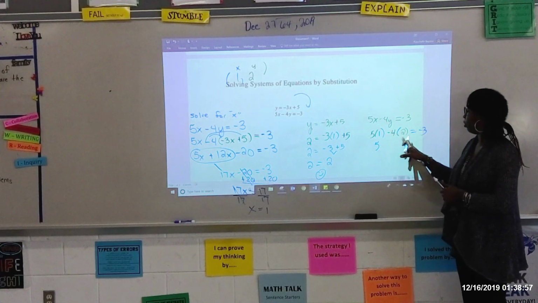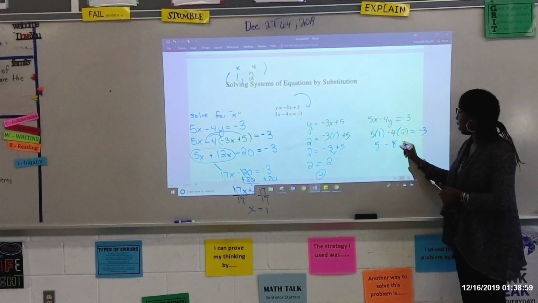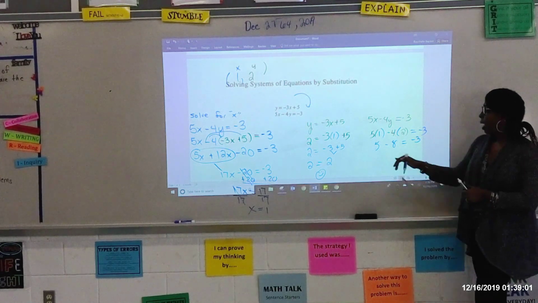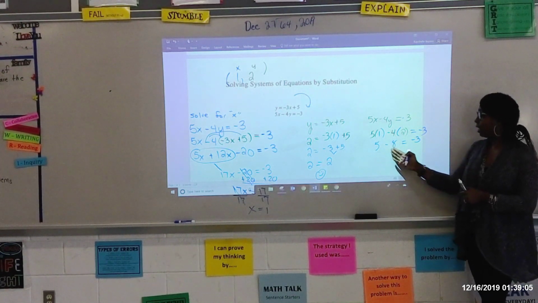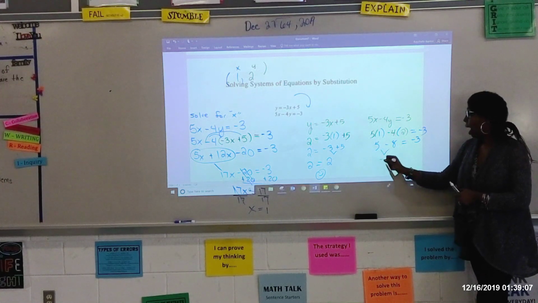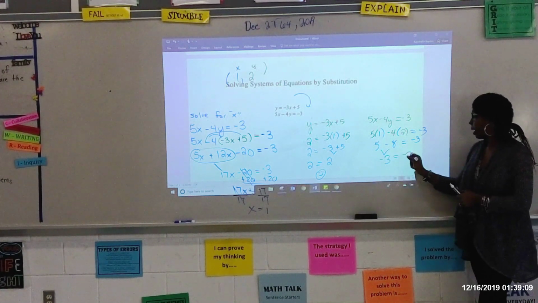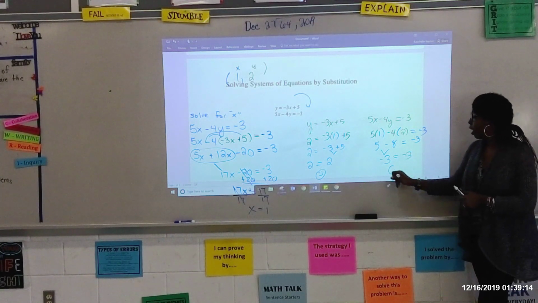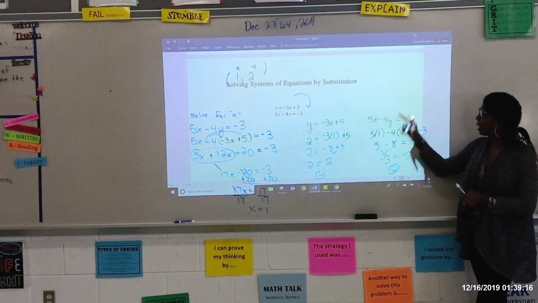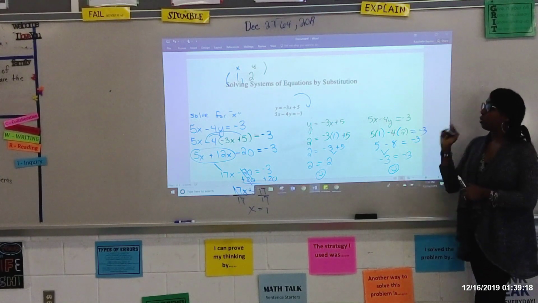Negative 4 times 2 is negative 8. And it should equal negative 3. If I have $5 in my pocket, but I try to spend $8 at the store, I still owe them negative $3, and negative 3 is equal to negative 3, so the solution makes this second equation true, so therefore we can